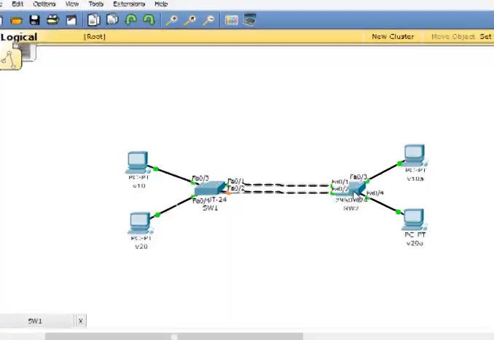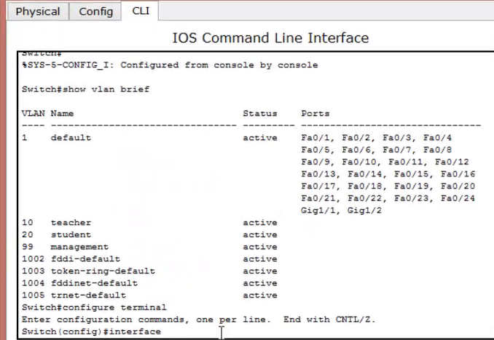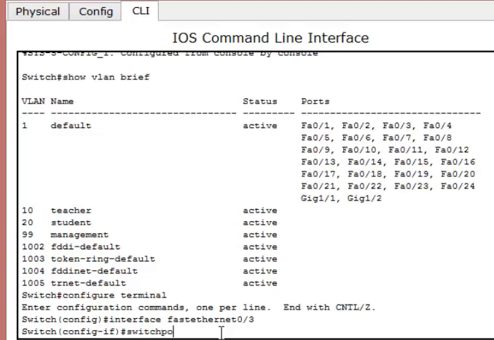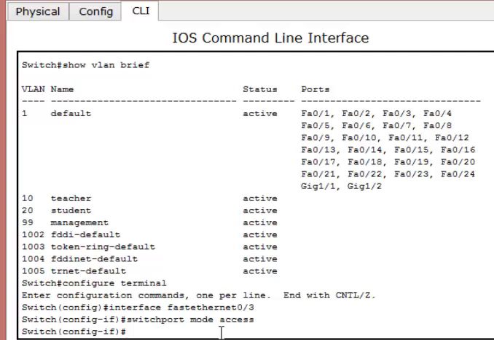We also configured switch 2. Type interface FastEthernet 0/3. Again, FastEthernet 0/3 is an access port. Then we will configure VLAN 10 on 0/3. Switchport access vlan 10.